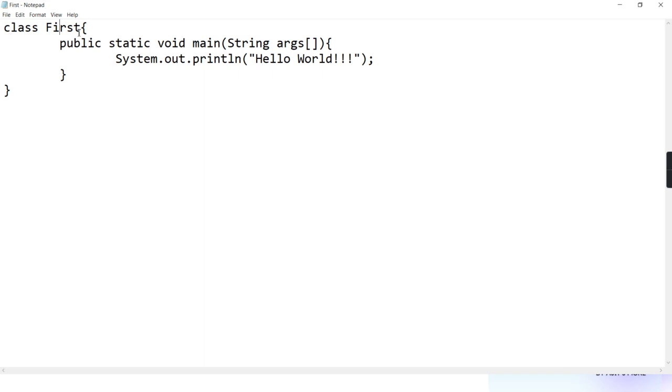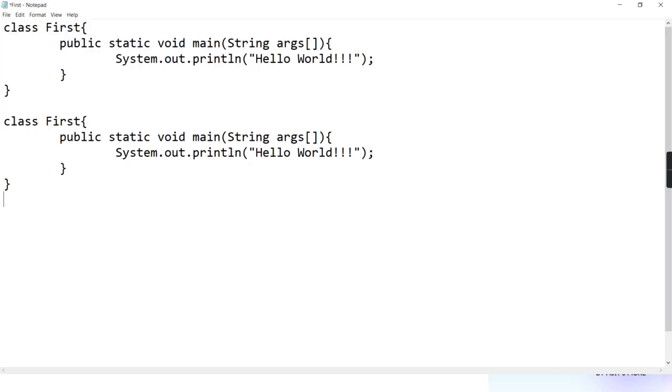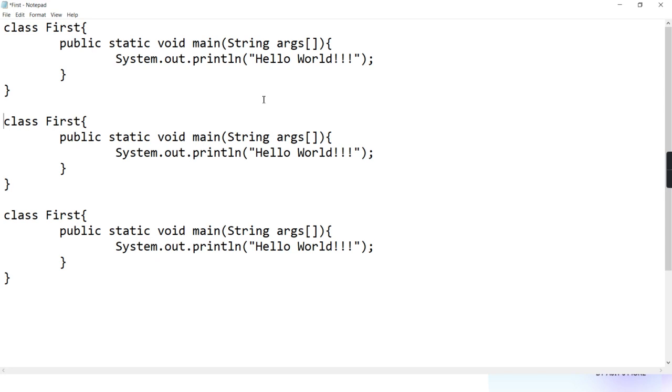So I created one class first, in that I wrote main, and in that I wrote one simple statement, hello world. Okay? Can I type many more classes? Can all the classes have main? Yes, no issues. See here, I'm creating now class second.